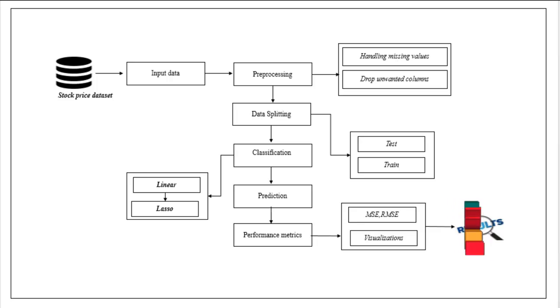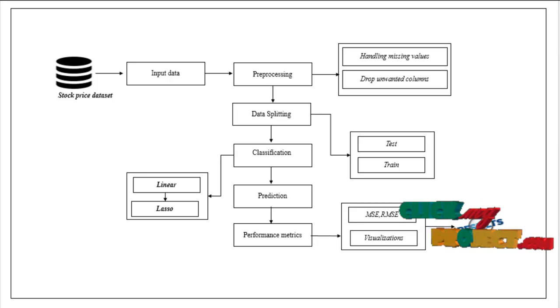After that, the data is carried to the data splitting module. In this module, we split the whole data set into test and train. We split our data set based on some ratio, for example 80:20 or 70:30. Train is used for training and test is used for evaluation. Most of the data is present in train and a smaller portion of the data is present in test.